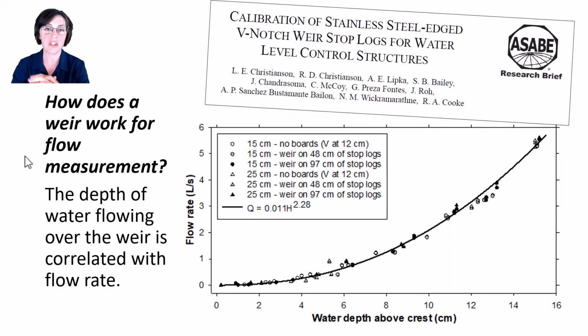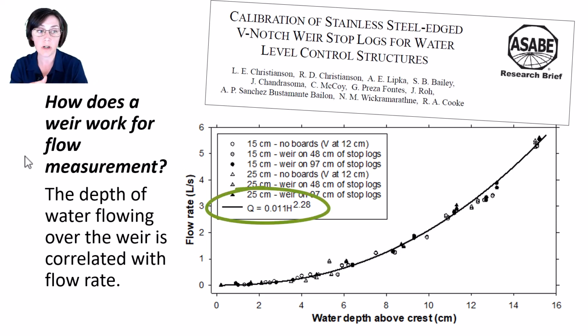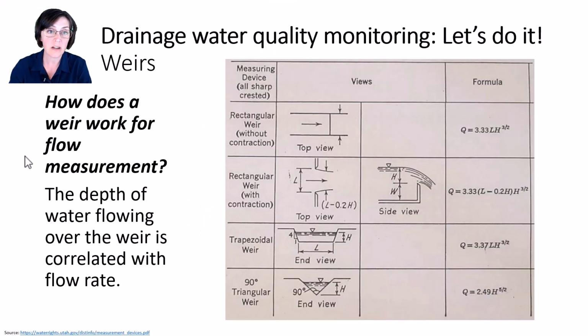What does a stage-discharge relationship or equation look like? When a weir is being calibrated, you end up with a graph like this, where the x-axis is water depth above the crest, and the y-axis is flow rate. From the graph, you get an equation that you can use for your field data. There are general forms of weir equations for each given weir geometry. You don't need to memorize these general forms because we use a very specific set of weir equations for tile drainage research. Keep in mind, though, there are lots of different weir equations, and if you make a new weir, you'll need to calibrate that weir to get the right stage-discharge relationship to use.